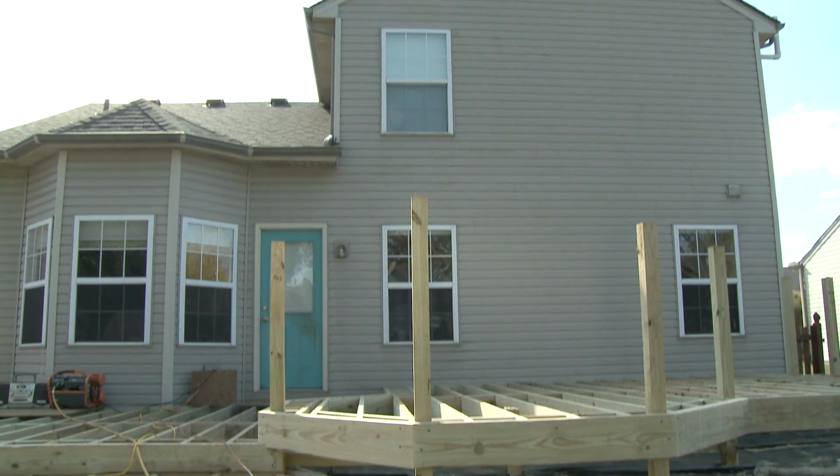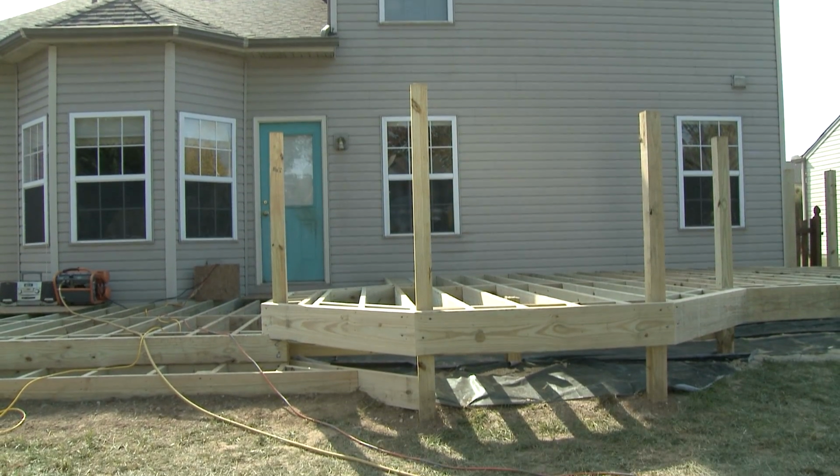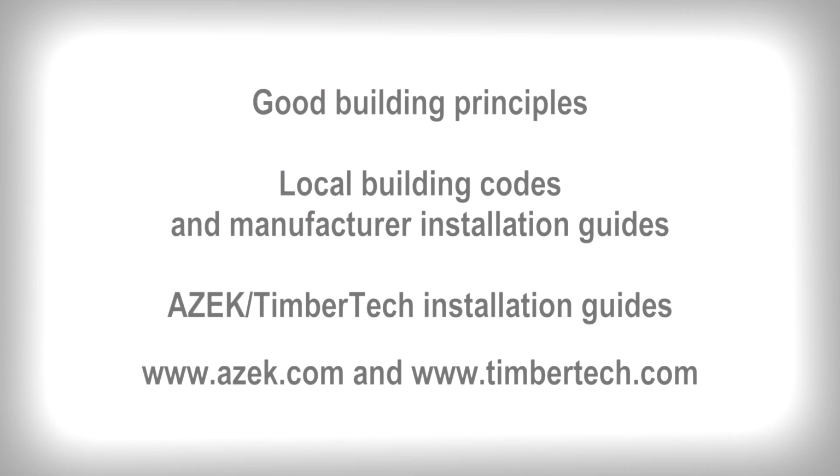When installing AZEK and TimberTech decking, keep the following best practices in mind. Follow the same good building principles that apply when installing wood decking. Adhere to local building codes and installation guidelines. Consult AZEK and TimberTech installation guides at www.azek.com and